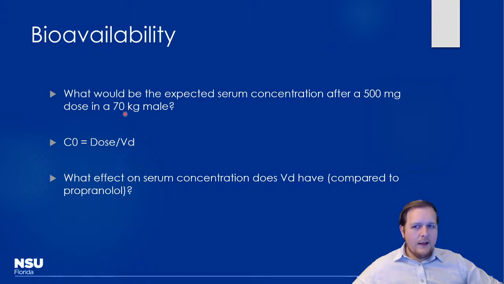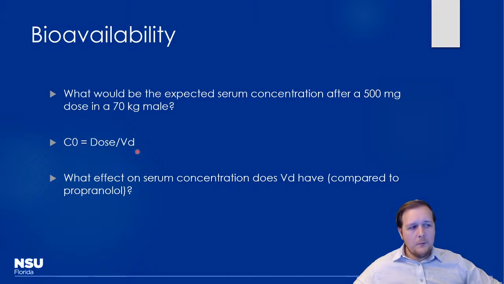And I'm dealing with a 70 kilogram male, so by putting that in, 0.2 times 70, I'm going to get 14 liters. And no, I don't have all this memorized. I just have it on a sticky note on my other monitor here, but it's 14 liters, right? And you can see that down at the bottom too. So just taking that 450 divided by that 14 liters, you can get your C0, which actually ends up being